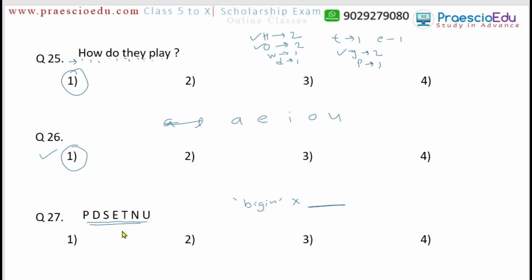So look at the options. First option is set, second is net, third is pun. Pun has no meaning here, so this is not our correct option. And the fourth is E, N, D, end. If we look at begin, the opposite means end. Is that present in our letters? So E, N and D. Okay, this option is the correct one. Just look at options 1 and 2: set and net are not antonyms of begin. So that's why option 4 is the correct one.